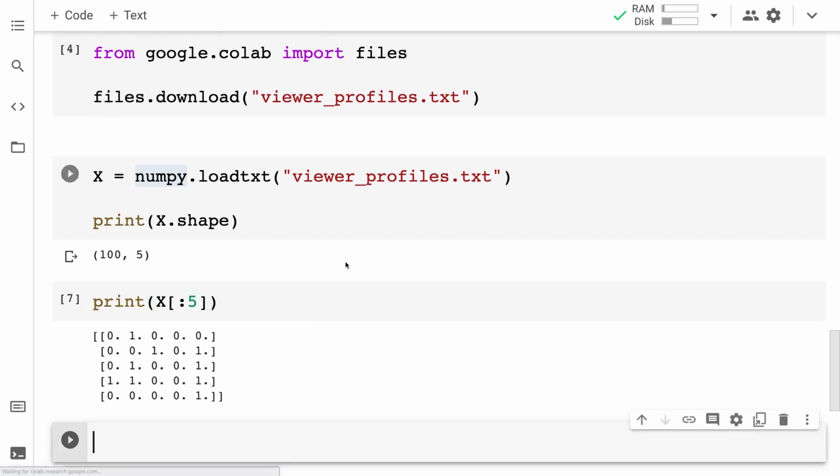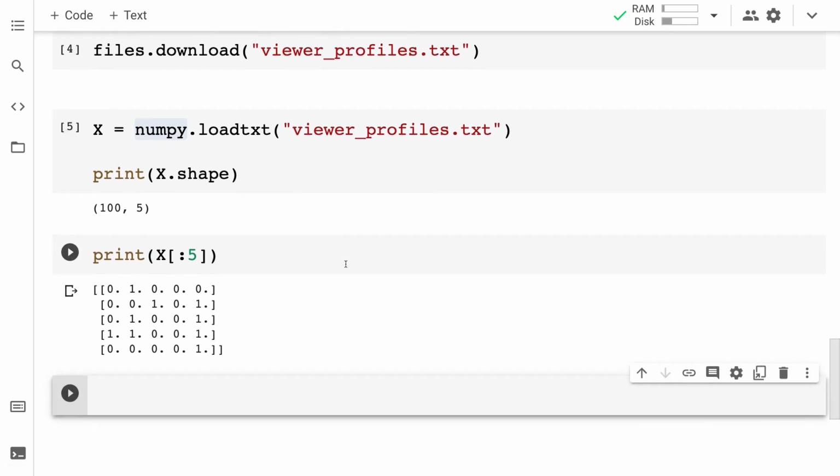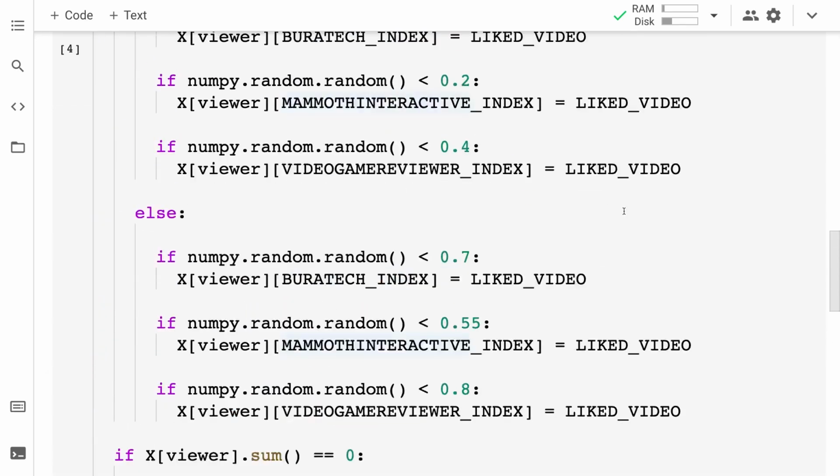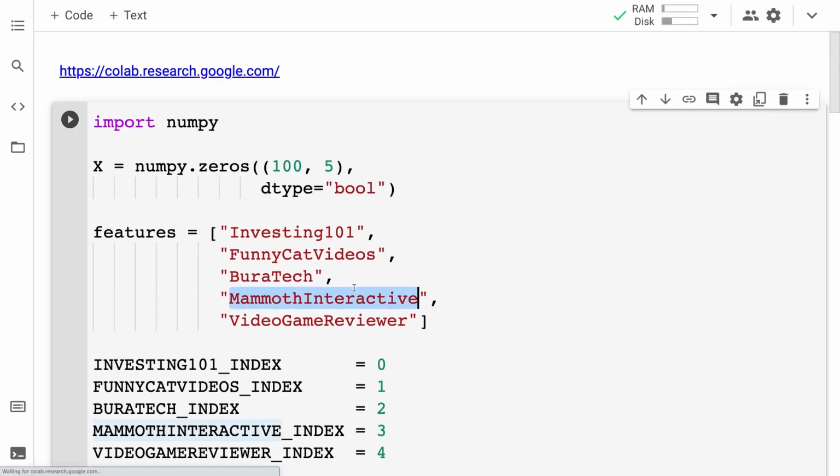In the previous lecture, we built a data set, and in this lecture, we're going to learn how we can determine if a person watches one channel, will they watch and like another channel. All right, so let's make a new code cell here in our Google Colab file. Okay, first we are going to have to calculate how many rows contain our initial premise. And our initial premise will be if a person watches one channel, like let's say Mammoth Interactive, then what is the likelihood that they will also watch and like Video Game Reviewer? So we can have this be our pair of channels.